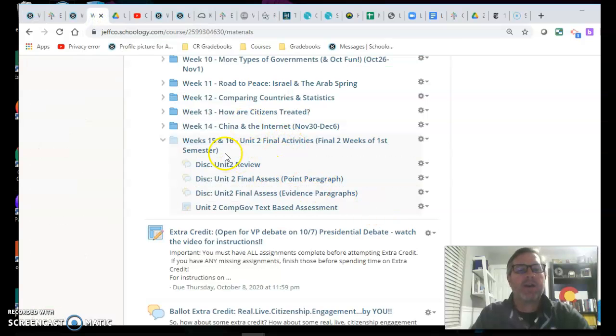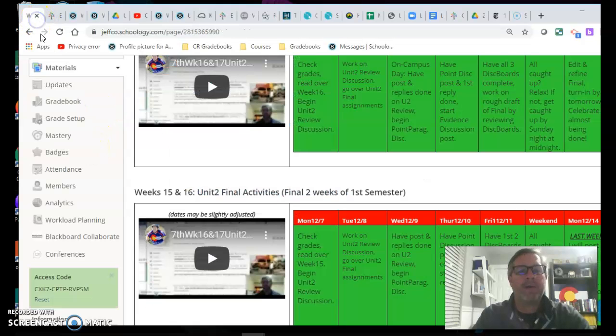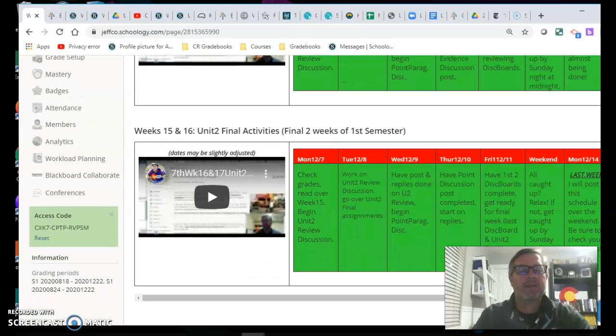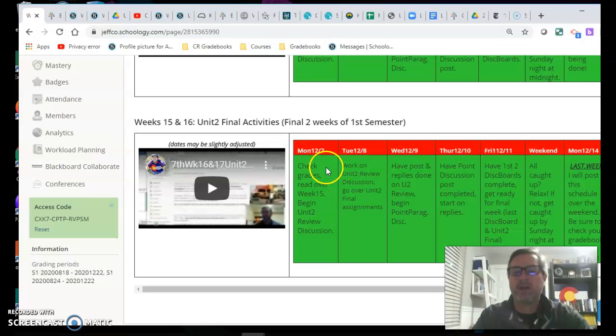As we get going here, you're going to see that weeks 15 and 16 are kind of rolled together. As our last 2 weeks of the semester, I'm going to give you all of the stuff we're going to do in the last 2 weeks. You can do as much as you want, hopefully getting the week 15 stuff done up front, but then also your week 16 stuff, which will be due by the following Friday. You'll see the schedule that I'll originally roll out starting Monday, December 7th.